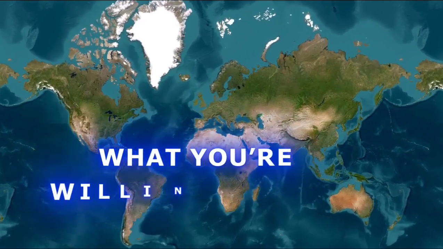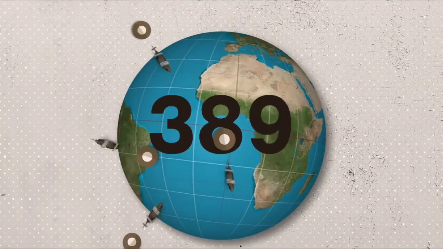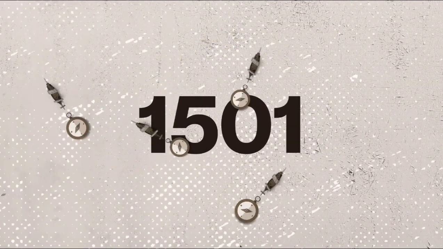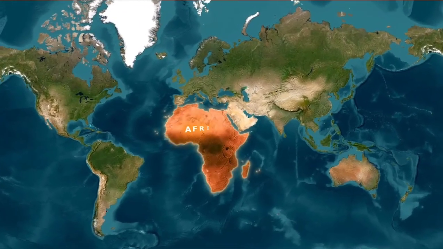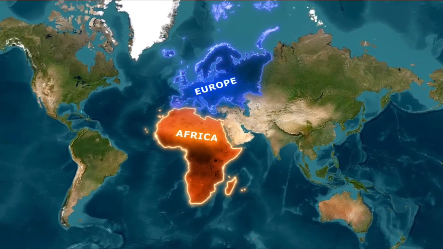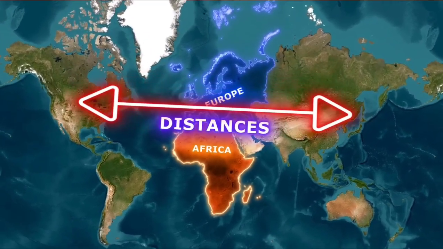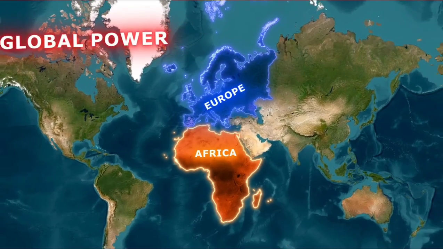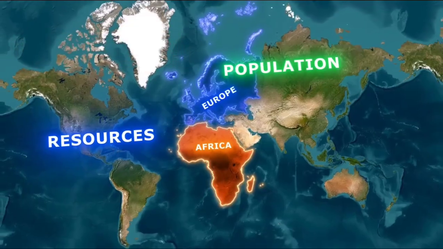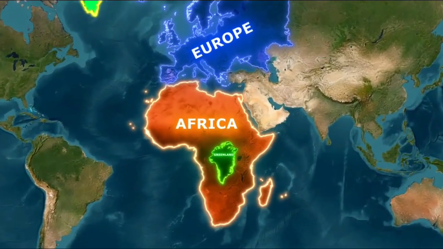If you're going to hang a world map on your wall, it shouldn't be wrong. It should show the world the way it actually is, not the way a 16th century navigation tool needed it to be. Because when you spend your whole life looking at a map where Africa looks small, where Europe looks huge, where distances are compressed or exaggerated, it changes your understanding of the world. It affects your understanding of global power, population, resources, and even news and headlines. Greenland is not as big as Africa, not even half of it. And that's why we should start looking at maps that tell the truth, instead of repeating the mistake that was handed down to us